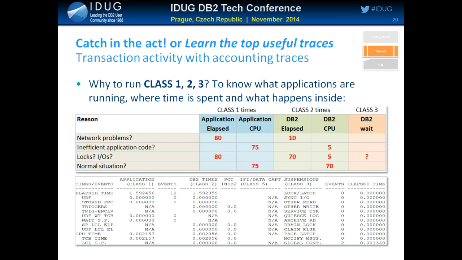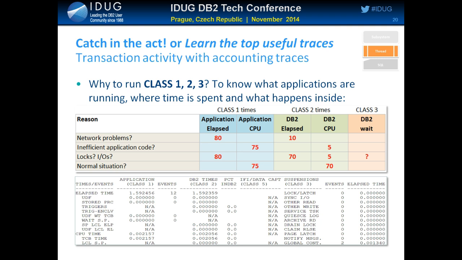Okay, and looking at those metrics, a couple of scenarios. So let's run those classes: 1, 2, 3 for plan level, and 7, 8 if you want a package level. Then if you want to understand what applications are running, each thread will tell you some details about that transaction, like a correlation name, which is the job name, or it could be the auth ID, so that you can identify